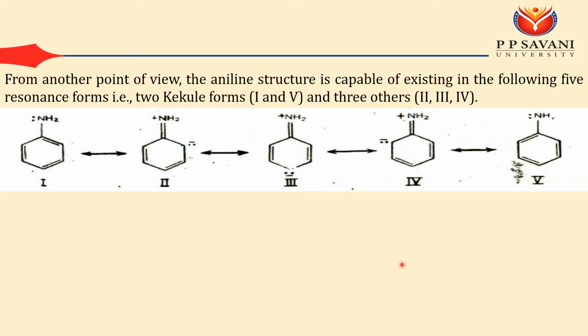These are the two forms of the Kekulé structure, and these three are the intermediate structures. So in the Kekulé structure, you just have to remember the change in the positions of the bonds. If you observe here, all three pi bond positions are changed. Whereas for resonance structures, it's very easy. You can write like this: the two electrons can donate here, so that's why this nitrogen acquires a positive charge, and you have to write a double bond, and here the electron density increases, that's why these two electrons you can donate here, like this.